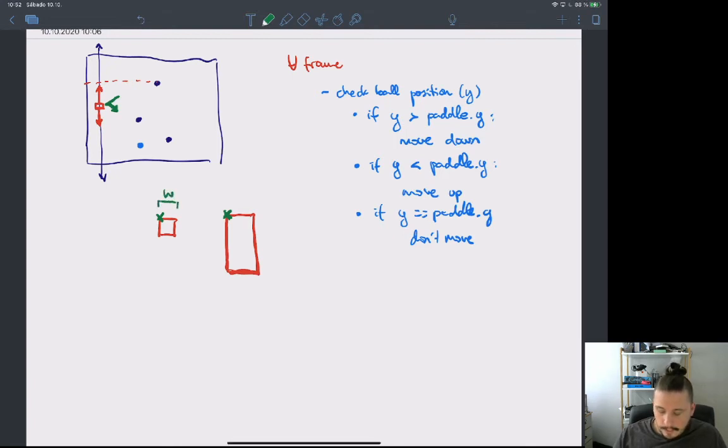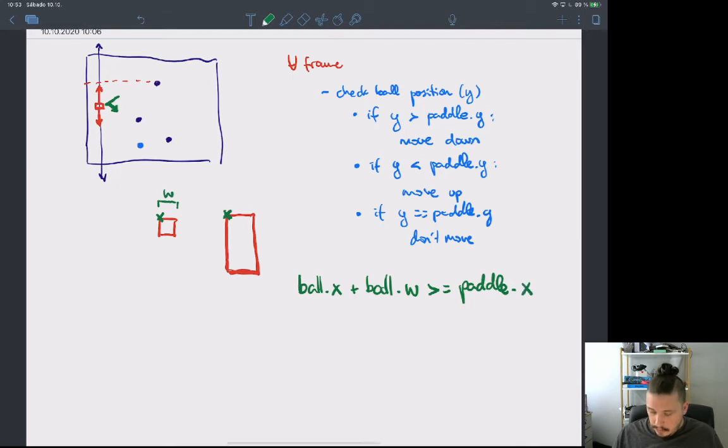So we need to check, in the case of the right paddle, that ball.x plus ball.width is bigger or equal than paddle.x,